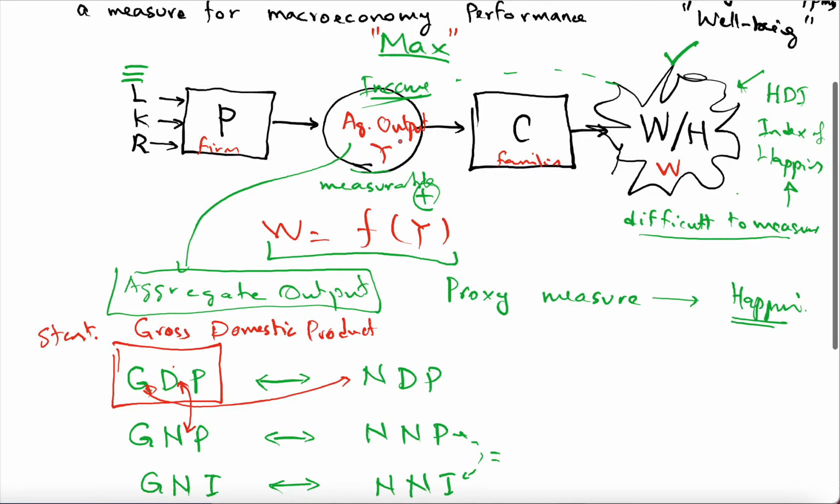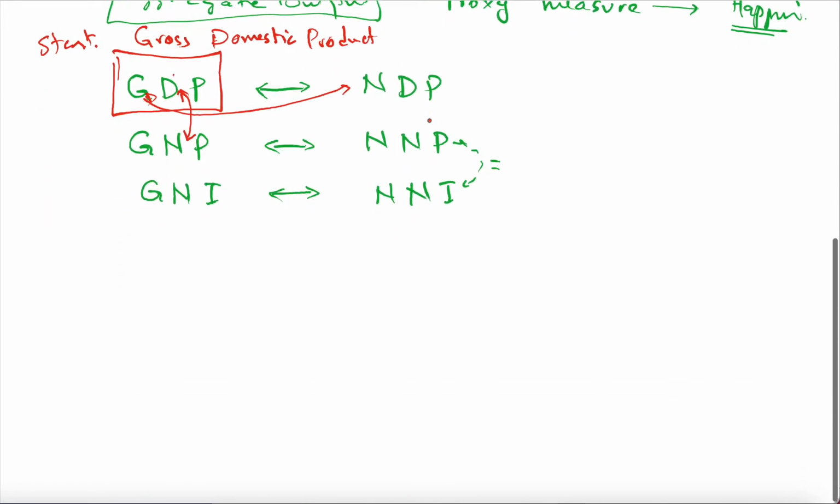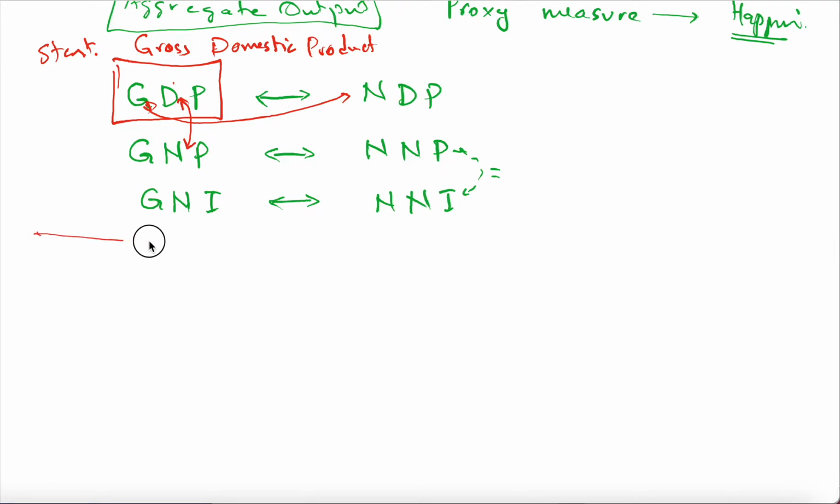The higher the aggregate output, given that resources are limited or scarce, the better we are performing. So that is why we are interested in understanding and measuring the aggregate output, and then we would make an effort to understand why it is changing, why it is going upward or downward, so that its growth as a macroeconomic phenomenon can be explained.